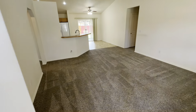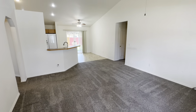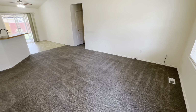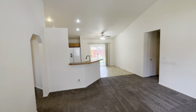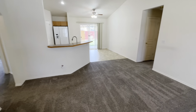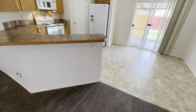Now, this floor plan is super popular. It was originally called the McCall, and there were several versions of it. This particular one, I mean, there's zero wasted square footage. We got the vaulted ceilings in here with the ceiling fans, recessed can lighting in the kitchen. Nice dining space here. Your breakfast bar,